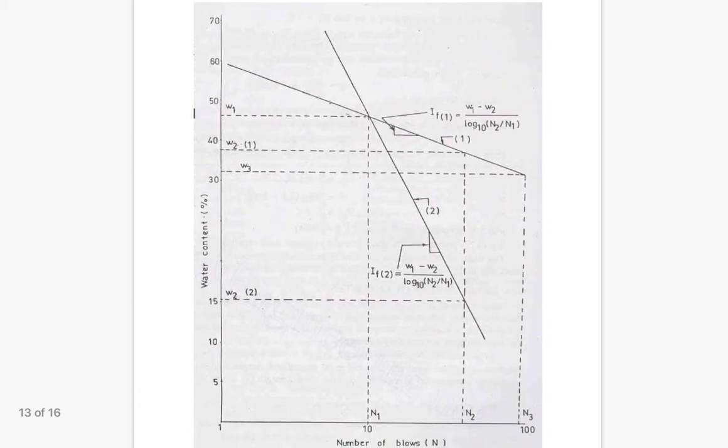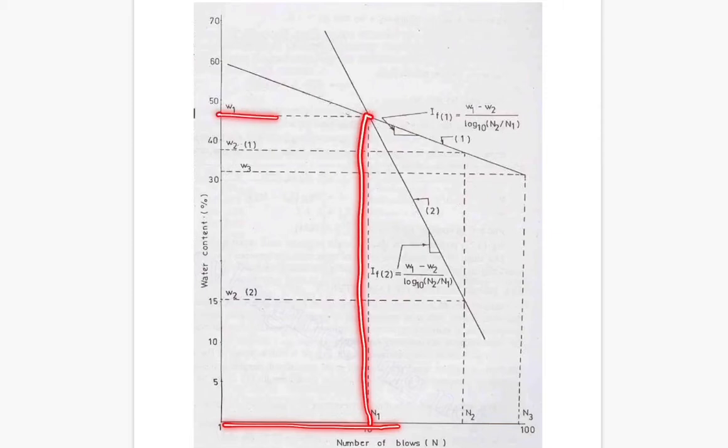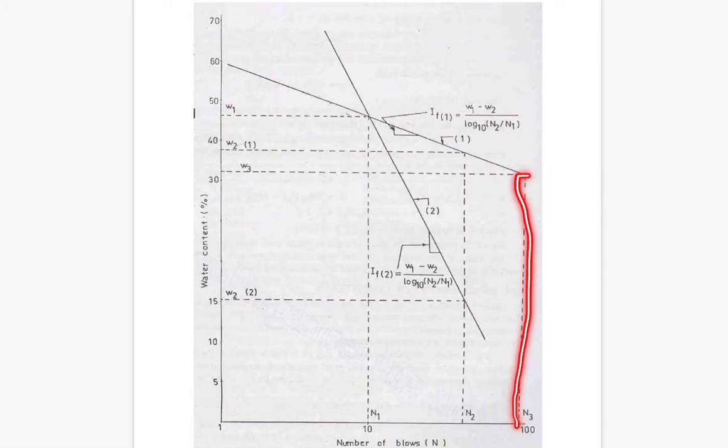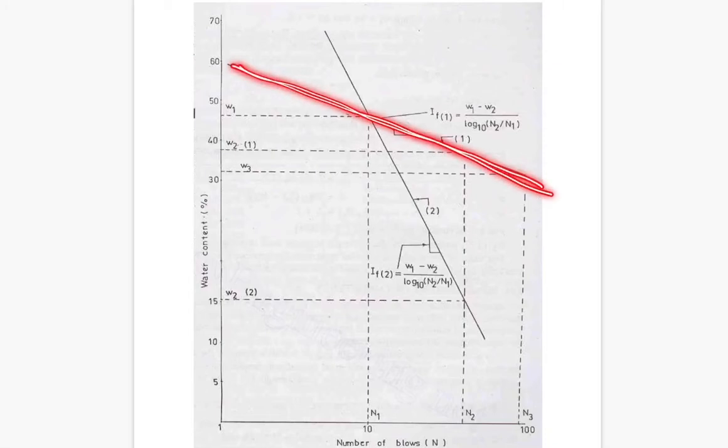You can see here, this is number of blows at the bottom and it is water content. यहाँ पर आप देखेंगे कि N1 ब्लोज दिए गए उस समय वाटर कंटेंट W1 आया। जब N2 ब्लो दिए गए तो उस समय वाटर कंटेंट W2 आया। और N3 ब्लोज देने पर वाटर कंटेंट W3 आया। और इस तरह अलग अलग नंबर ऑफ ब्लोज के लिए अलग अलग वाटर कंटेंट हमें मिलता है। हमने क्या किया, एक ग्राफ प्लॉट किया जो कि स्ट्रेट लाइन कुछ इस तरह शो कर रहा है।